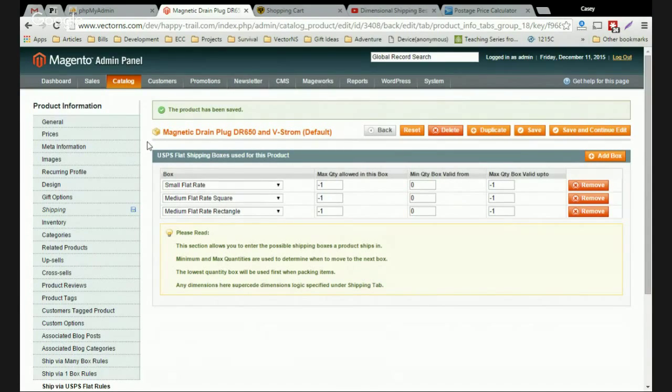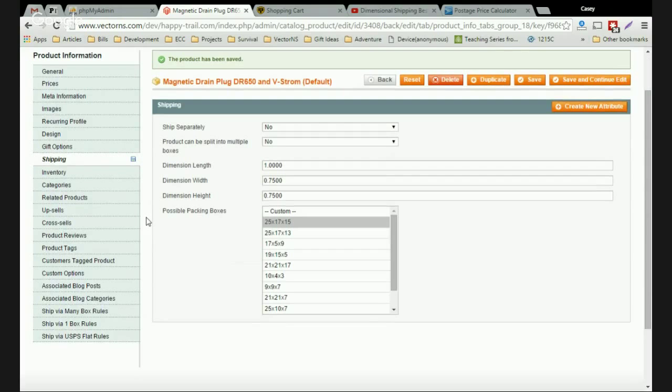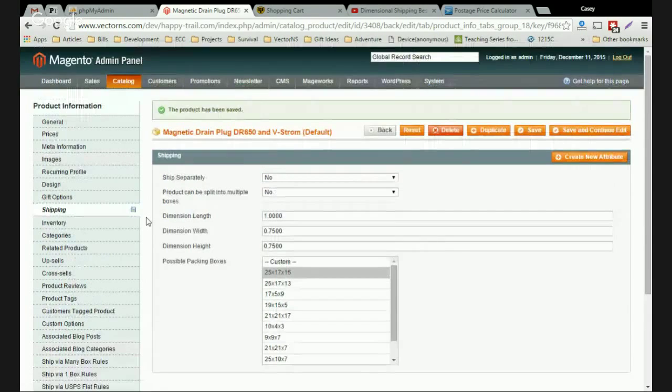Let me know if you have any questions. I know this is all very confusing. It's a lot to wrap your mind around, all of these different rules and dimensions and prices and shipping options. It's really multi-layered, so I get it. But we'll get there together, and we'll eventually have this set up so that it's